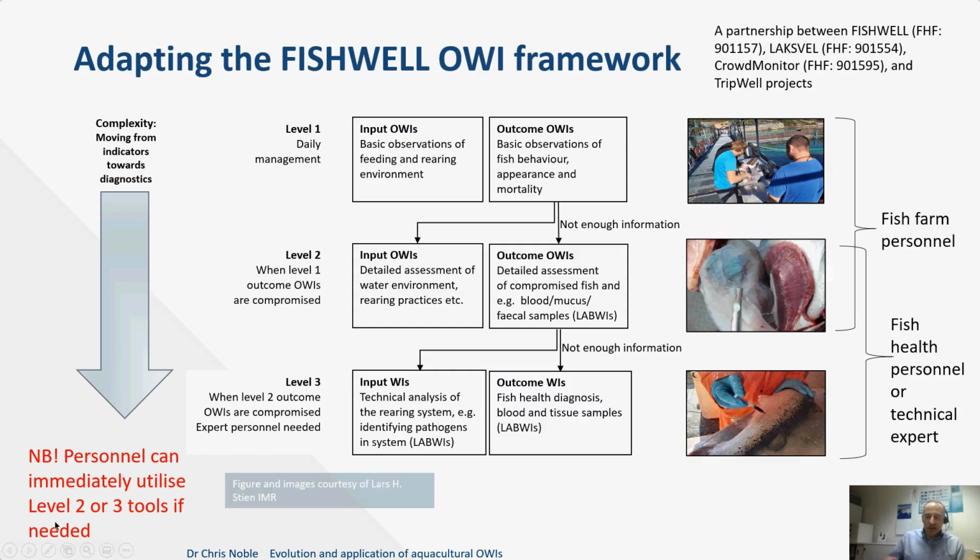And one thing to note is it's aimed primarily at OWIs, and the framework isn't set in concrete yet. A rapid response to a potential problem is crucial. So if the staff have an urgent doubt, or feel this process is too crude or time consuming, or if you're carrying out an operation that you know has an inherent welfare risk, then you don't need to go through these steps. You can go straight to level 2 or level 3 welfare indicators if needed.